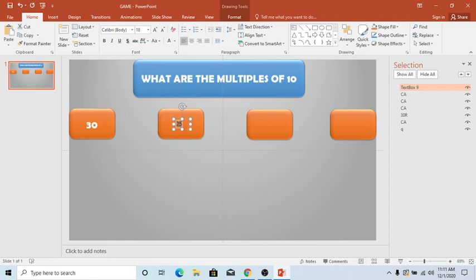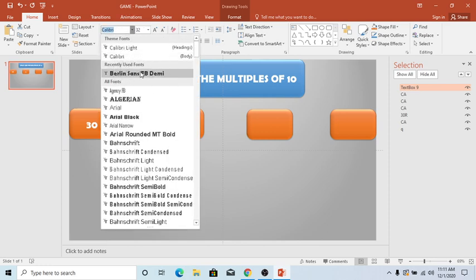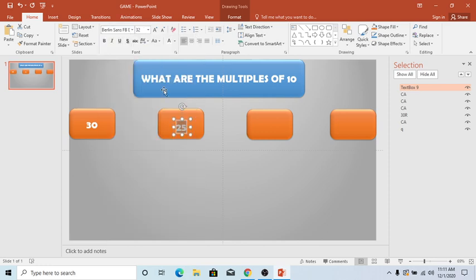Again we insert a number. Suppose we insert the number 25. Then we go to the color, we change the color, we click on white, we go to the font size and increase it to 32, and then we go to font style and select that particular font style, Berlin Sans Demi. Now we adjust it and put it at the center. We click on the text box, go to the selection pane, and rename it as 25W, which means 25 is a wrong answer.